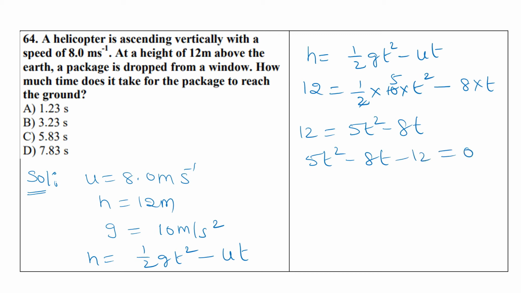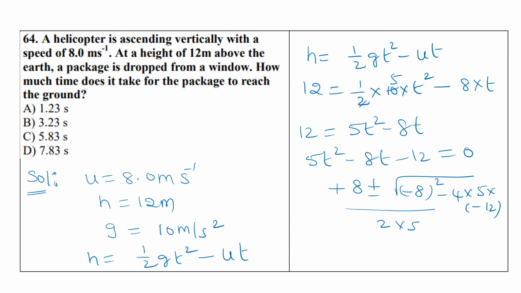This is the form of a x square plus b x plus c. Now we are finding the roots by using the formula minus b plus or minus root b square minus 4ac by 2a. So minus b, that is already minus 8, minus into minus, plus or minus root b square, minus 8 whole square, minus 4 into a into c, by 2 into a, 2 into 5.